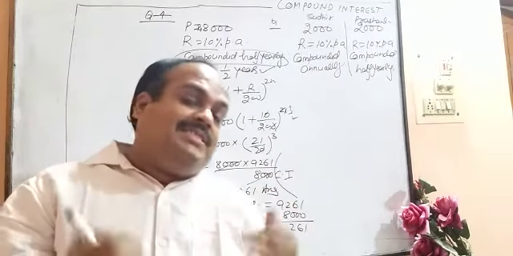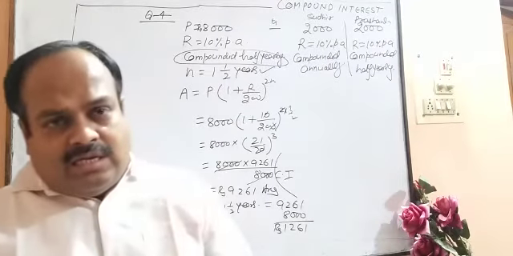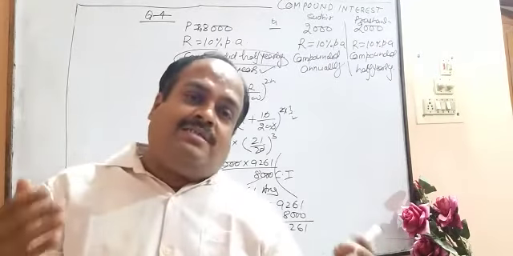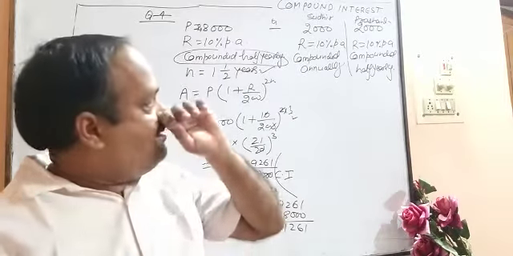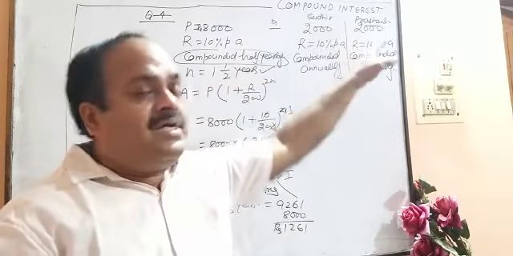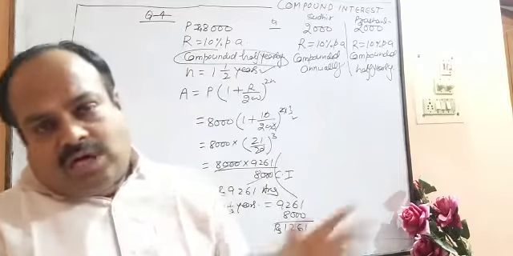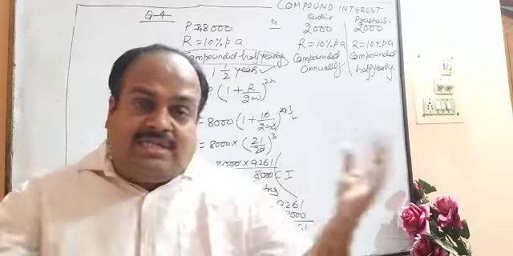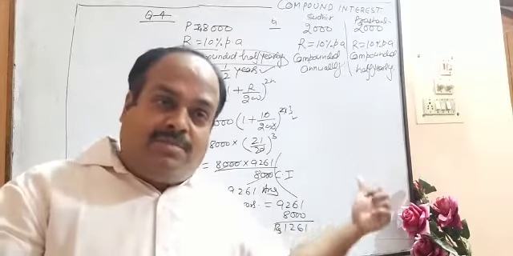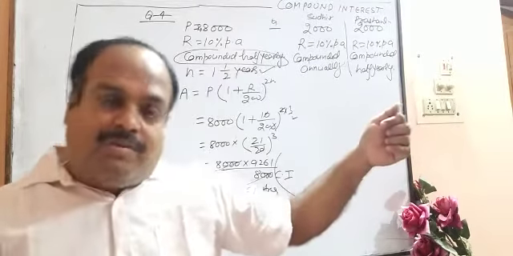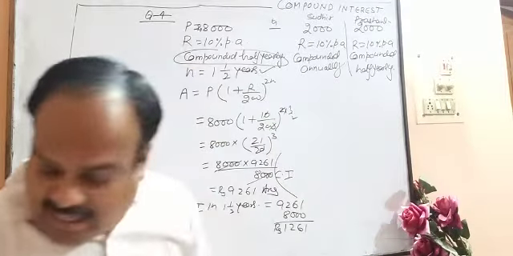So, instead of finding the difference in the interest, I am going to find the difference in the amounts received, because Sudhir and Prashant both have lent equal amounts, 2000, 2000, and the rate of interest is the same. So instead of finding the compound interest received by Prashant and Sudhir, we will find the amount received. Let us find.